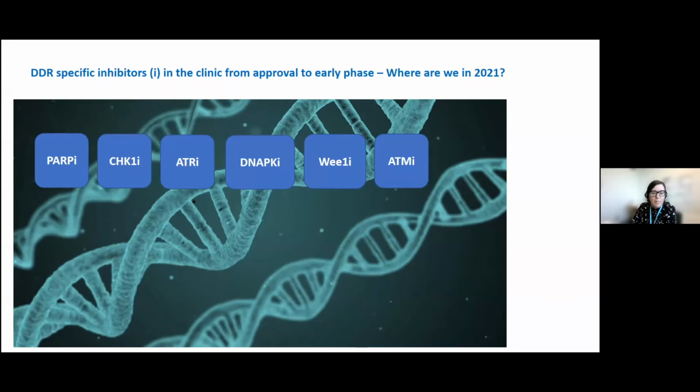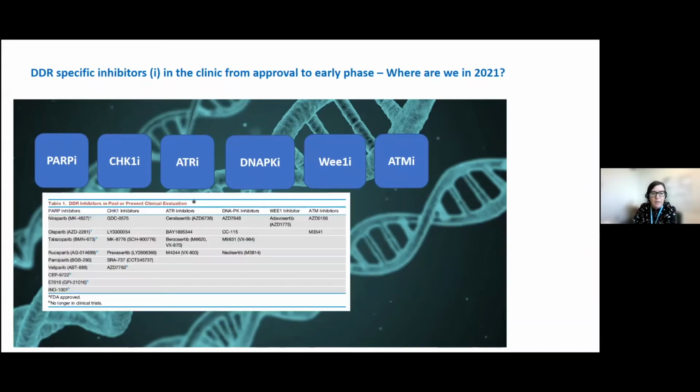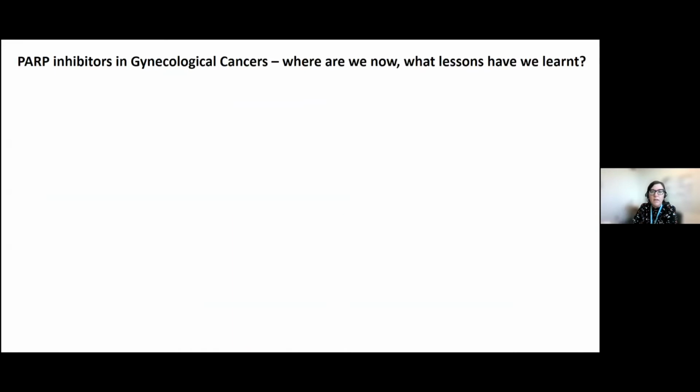Well, we all know about PARP inhibitors, which are the most developed of the DNA damage response inhibitors. Some of these inhibitors now have names. They're so far developed, and obviously all of the PARP inhibitors listed there aren't all necessarily approved in ovarian cancer, but we know niraparib, olaparib, and rucaparib are. So I want to go and focus a little bit on PARP inhibitors, not to tell you what the data